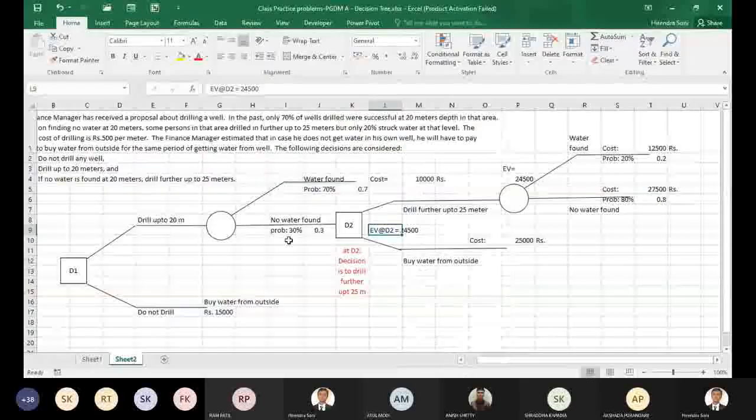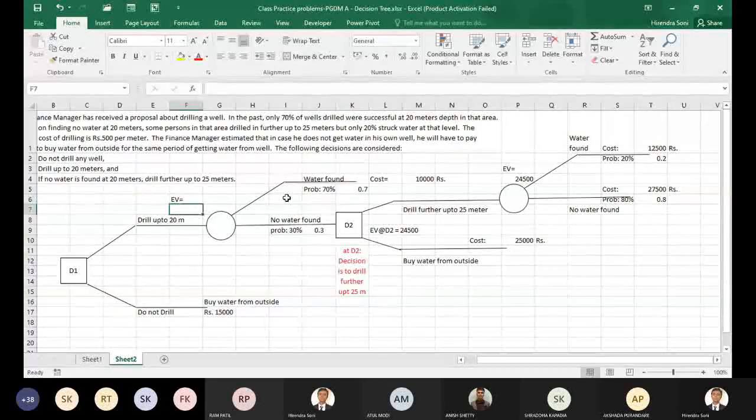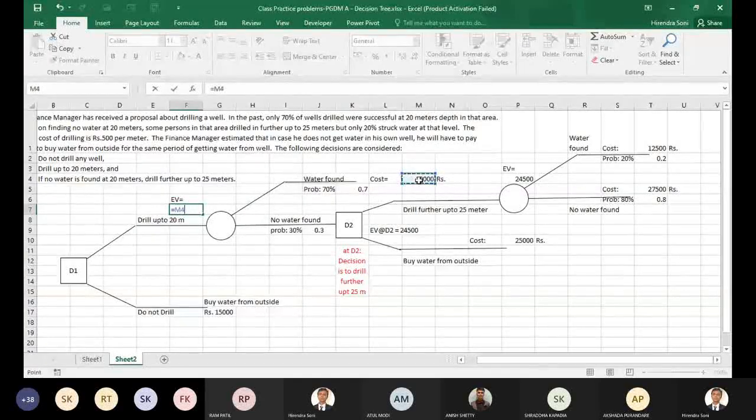So यहाँ पर का EV expected value will be equal to this value into its probability plus